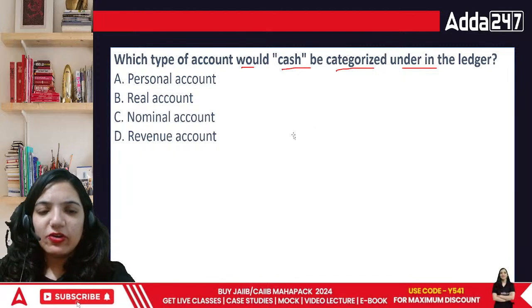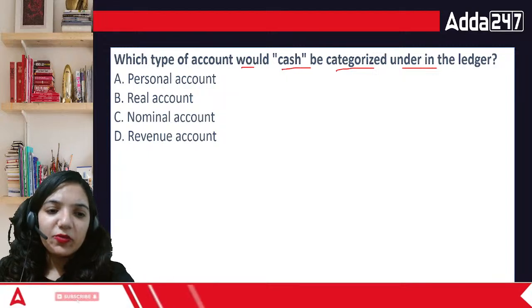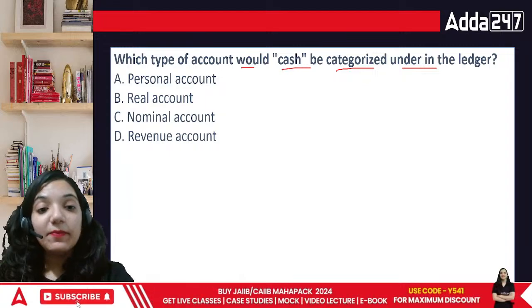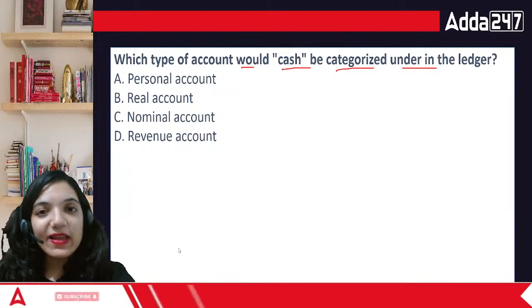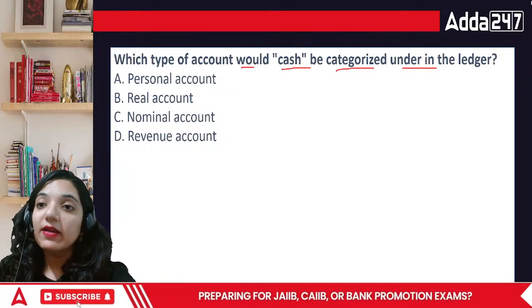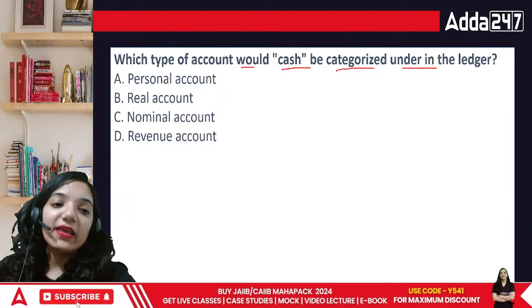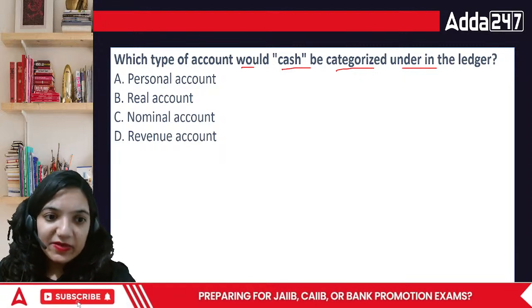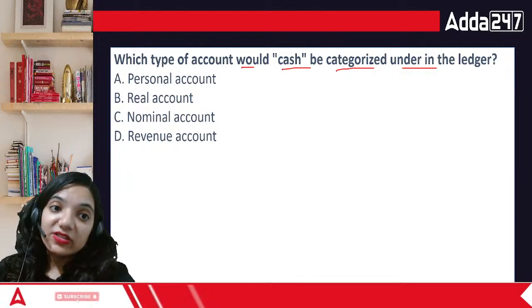When we talk about cash, there's something else as well. Cash is defined, but what about bank balance? Bank balance is defined as what, everyone? Bank balance is a personal account. Why? It is called a personal account because bank is basically SBI or all these banks, they have a personal name. That is a person which is defined under it. So in this case, the correct answer will be that cash account is basically a real account.